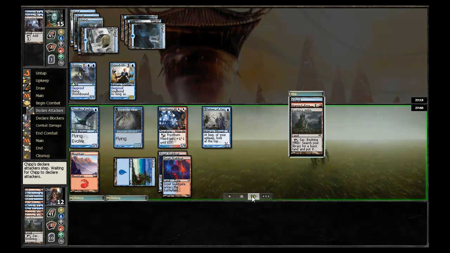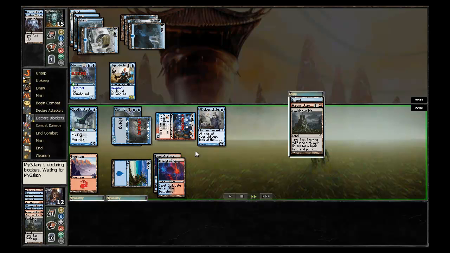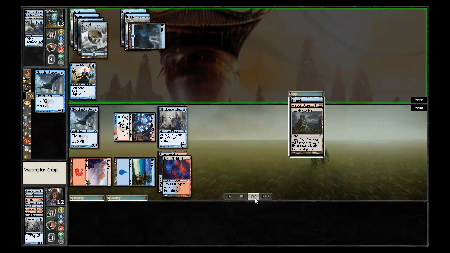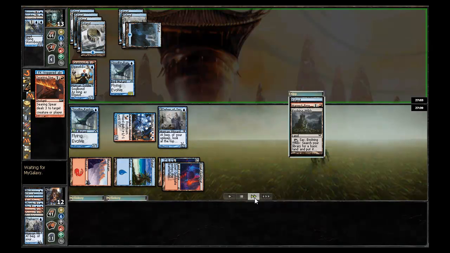I would guess he'd attack with a Delver here. No, he's just going to attack with the... Oh, okay, so he's going to attack with those 2. He is going to go ahead and block with the Stormbound Geist, and the Frostburn Weird is going to come through, pumps it once to do 2 damage, and MyGalaxy drops to 13, finds a Cloudfin Raptor, and immediately Chipp is going to go ahead and use the Searing Spear on the Shieldmate,